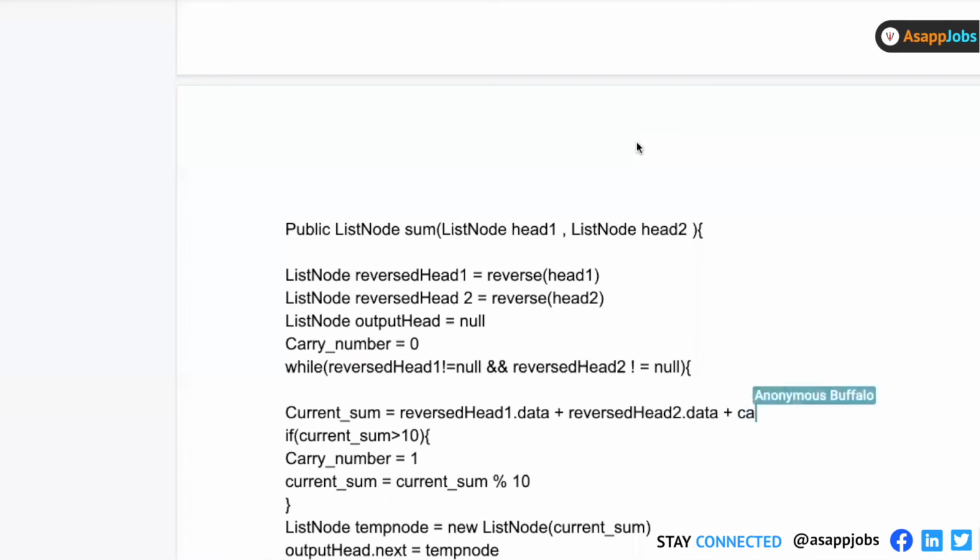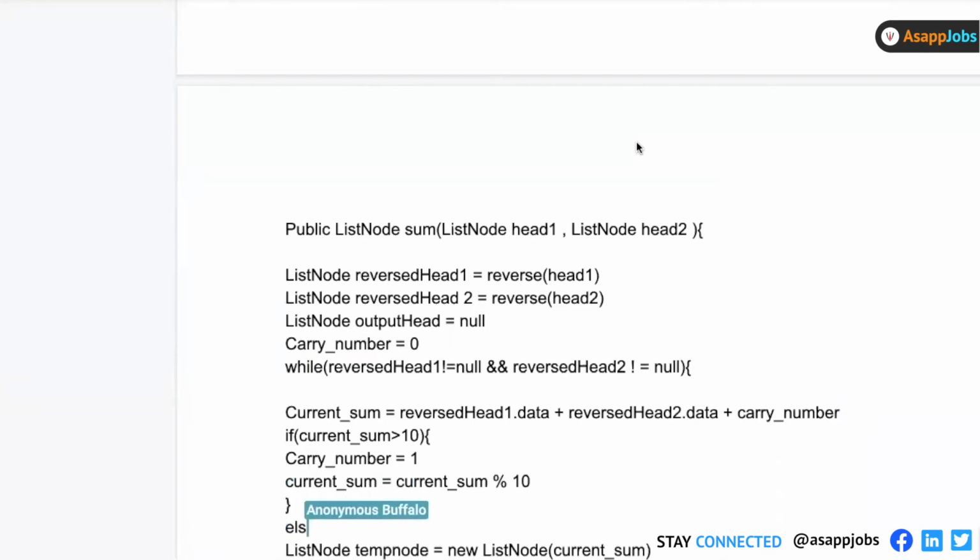Yes, sir. But normally, it depends on what kind of question has been asked. Suppose the question itself has asked that you have to return a new list. Let's not alter the existing list, right? Because the list has been given as an input, and maybe that list may be used somewhere else in the code, right? So normally, whatever you get as an input, you shouldn't alter that. You should keep it as intact as possible, and whatever you're creating new should be returned back.